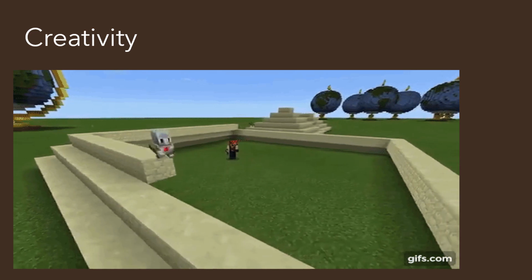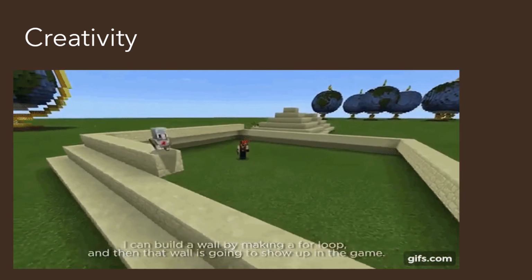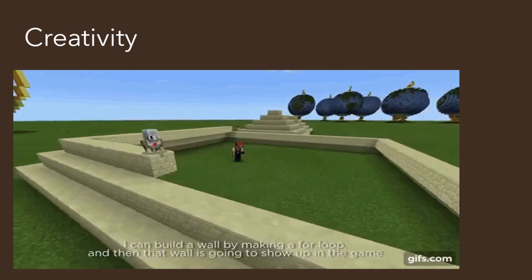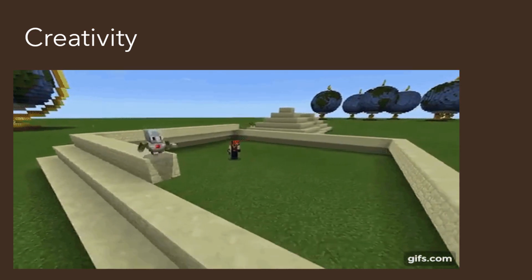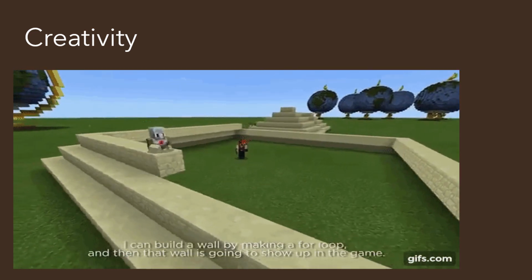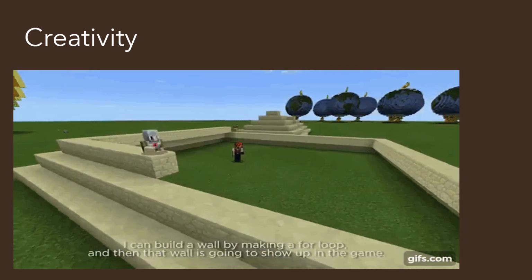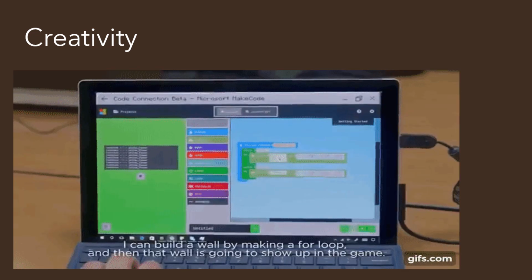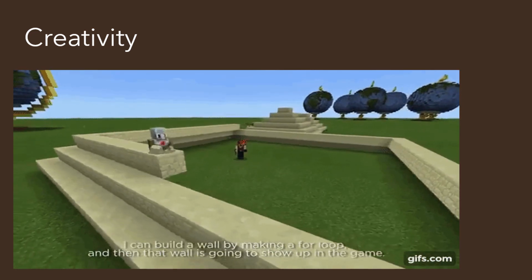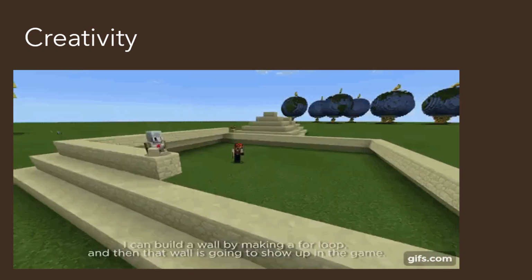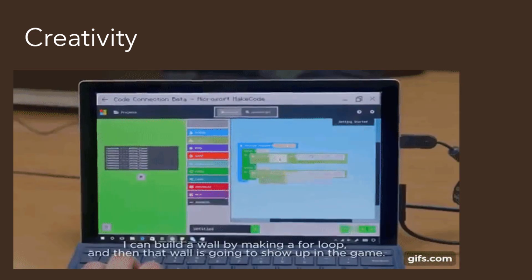For creativity, we also have a lot of tools, but what always comes to my mind is Minecraft, because you can simply give them an empty world and tell them to create, for example, how they can solve a problem that they are facing in everyday life, or, for example, replicate a building that they saw in their neighborhood,